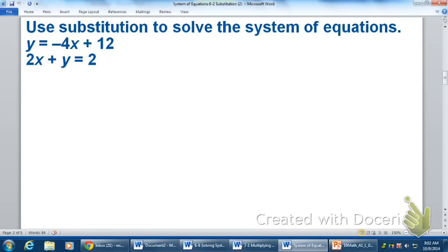Now, use substitution. Substitution, like I mentioned before, is when you solve for one variable. So we have two equations up there. The first one is already solved for y. Here comes the tricky part. For substitution, whenever you solve for a certain variable, in this case y, you are substituting, hence the name substitution, this equation